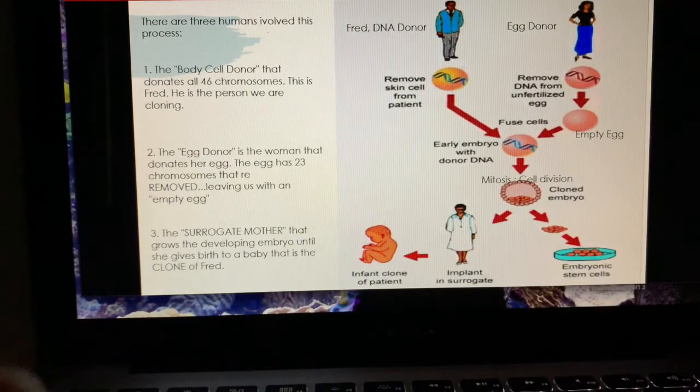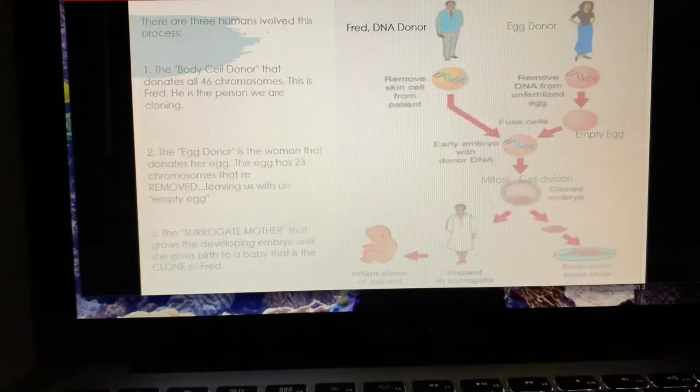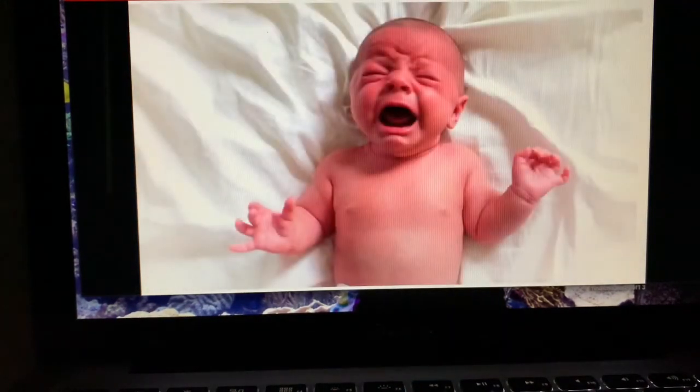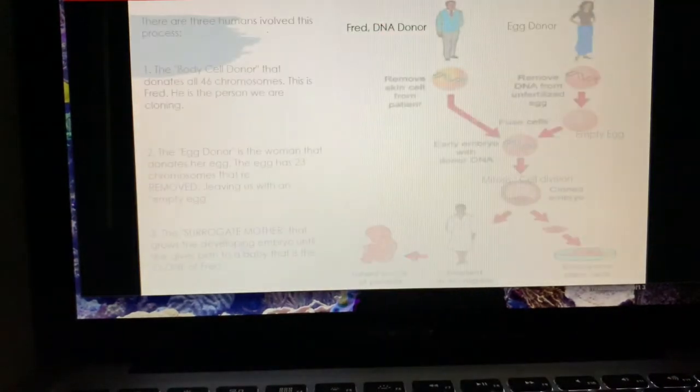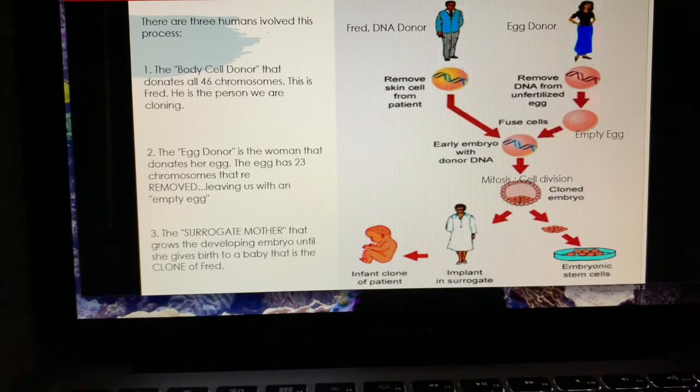So you could see, if we look back at this image, that if we were to clone you today, you could not have your clone go to school for you because you would always be about 12 to 13 years older than your clone. I wonder what Fred would think about that.